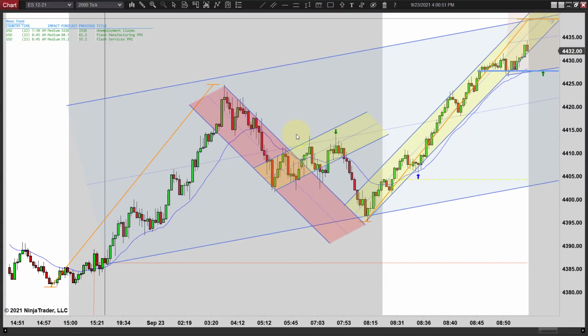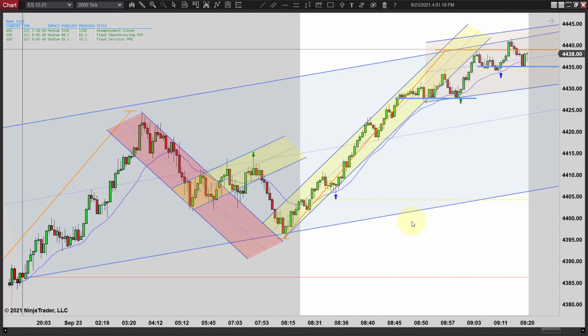But 7 o'clock came just as we're coming down here, and you can see we had a break and looked like we were looking for a low. We didn't quite get a new low yet. And then you come up, you get a first entry, and you get a second entry. The yellow channel is definitely valid, and you get a break, and we got a new high. So you expect prices to try to make a retest of the low on this, and maybe retest the lows down here. If this might be early on, you could have argued this might be a range day. Found out pretty quick it wasn't, but